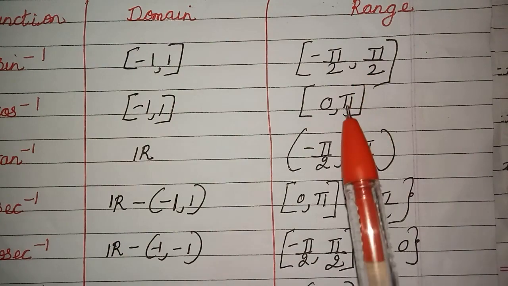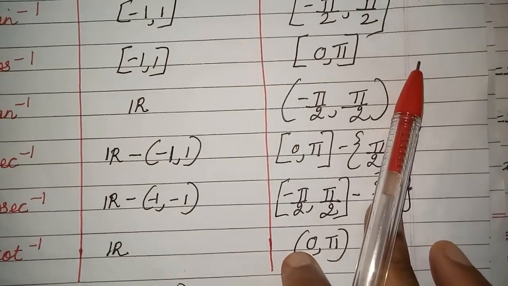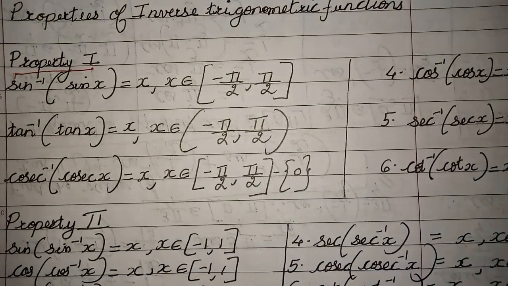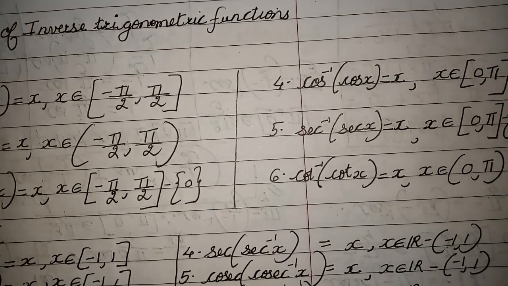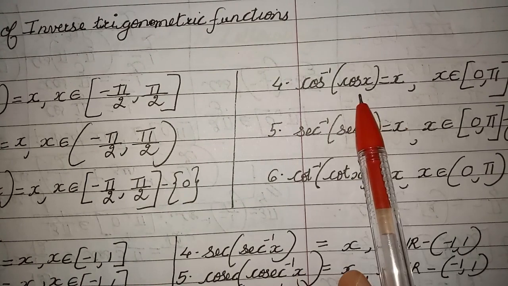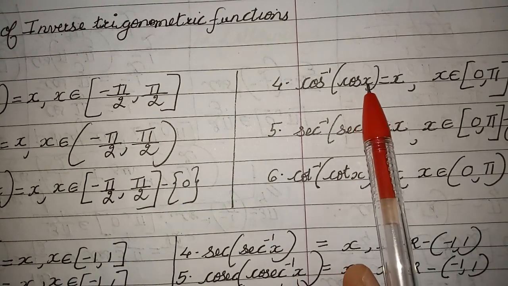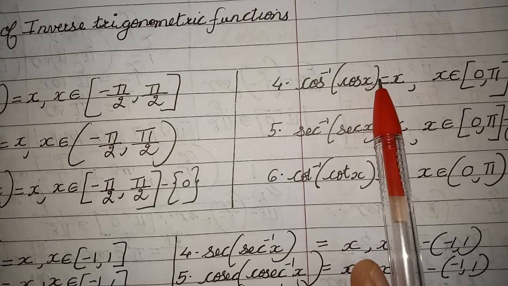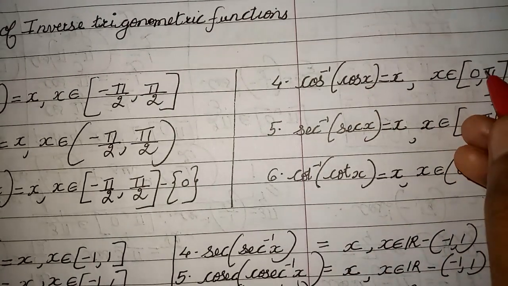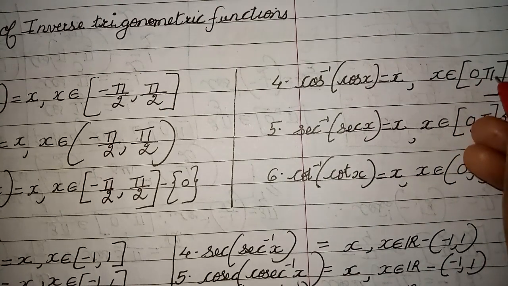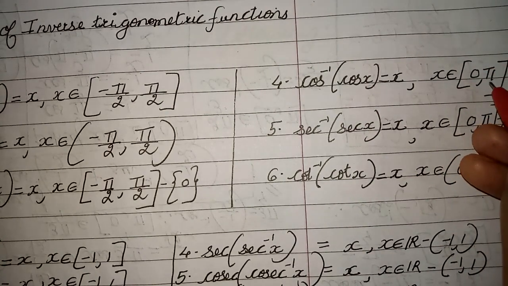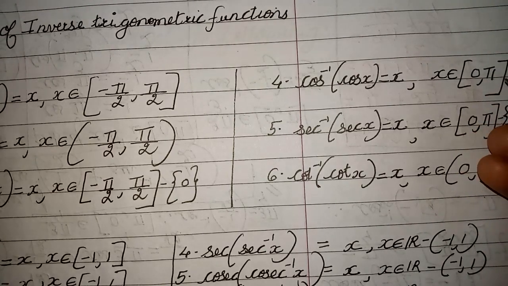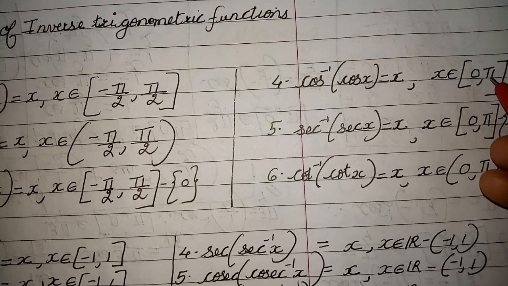So you can see that I have taken all these ranges of my inverse functions so that this property can be very well used. Similarly, children, you can see that cos inverse of cos of x is equal to x when your x, the one next to this cos, is coming from 0 to pi. Or, as I said before, if my x is from the closed interval 0 to pi, then in this range my function has one and only one image for each point.